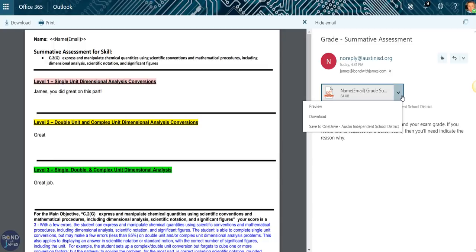It goes straight to their email address, and it also saves in their Google Drive. It saves in my Google Drive. I can share with a parent or guardian. So yeah, it's a really great tool. So that's autoCrat. I know I went through that really quickly, but it was just one of the tools that I learned about this summer